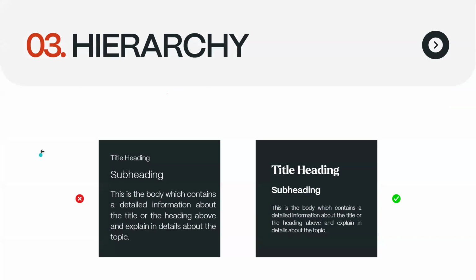The third core principle of typography is hierarchy. Hierarchy is a way of guiding your eyes to look, to separate things, to create steps. If you look here, your eye is guided to here, then here, then here. The main purpose of the heading is to create highlights. So if you use hierarchy in a good way, your eye will be guided to read this first, then this one. This is how hierarchy works.